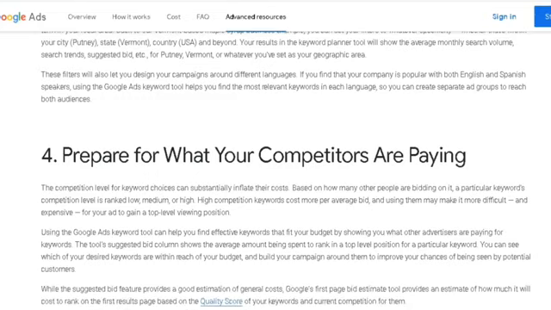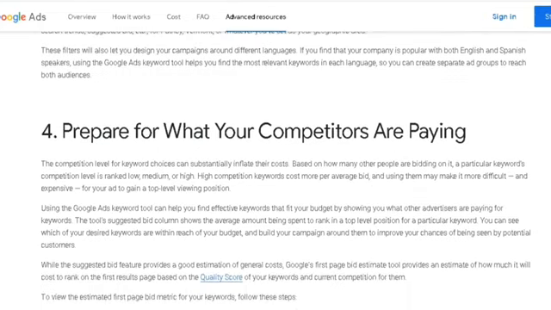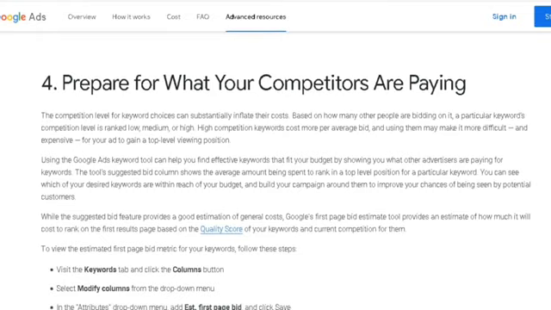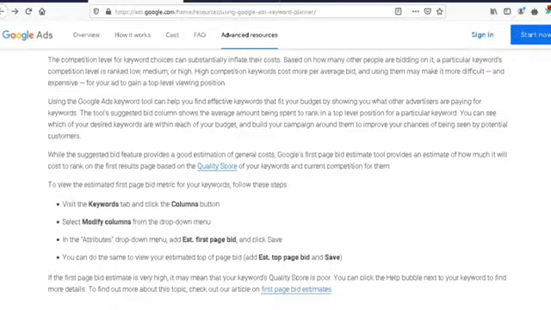Visit the Keywords tab and click the Columns button. Select Modify Columns from the drop down menu. In the Attribute drop down menu, add Est. first page bid and click Save. You can do the same to view your estimated top of page bid. Add Est. top of page bid and save.